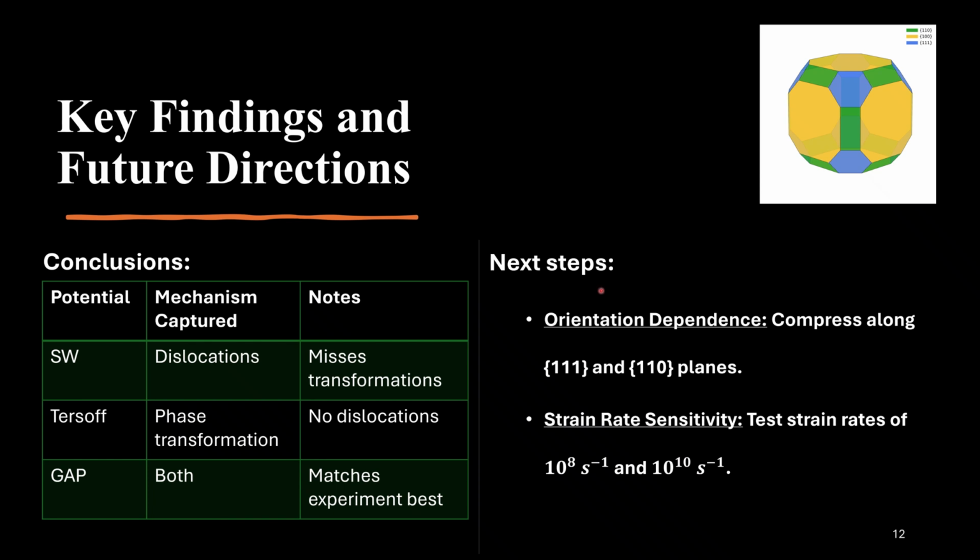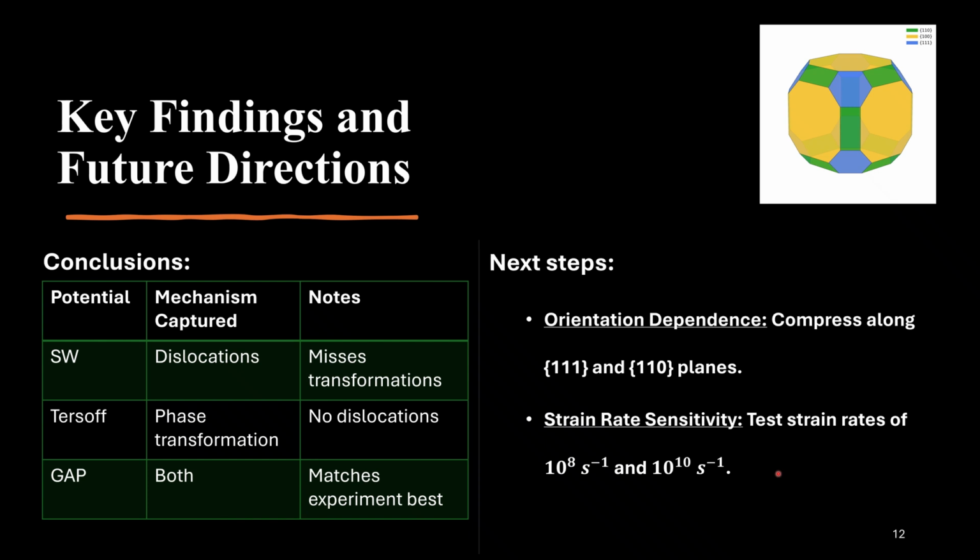So for the next steps, it would be to look at how the material behaves under differing orientations. So taking this shape that we looked at before and rotating it so that the blue 111 plane is at the top or the 110 plane is at the top, and then compressing it and seeing how it behaves, along with strain rate sensitivity, looking into